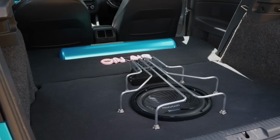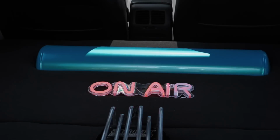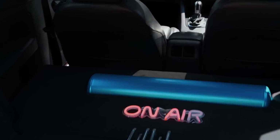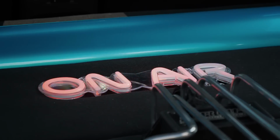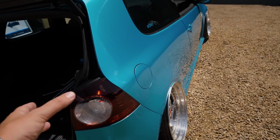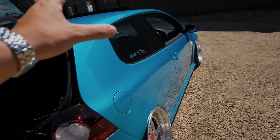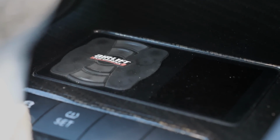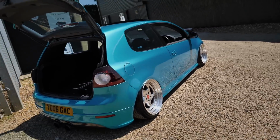We've got a proper boot build, so it's got rear seat delete, it's got the air canister there, which is also wrapped in the same vinyl as the car is. It's got a little flashing light there to say we are on air, just to let you know. So for those that don't know, airbags are obviously a feature to make the car low, high. You can adjust all the height of the car inside the car. We'll talk about that when we get inside shortly,